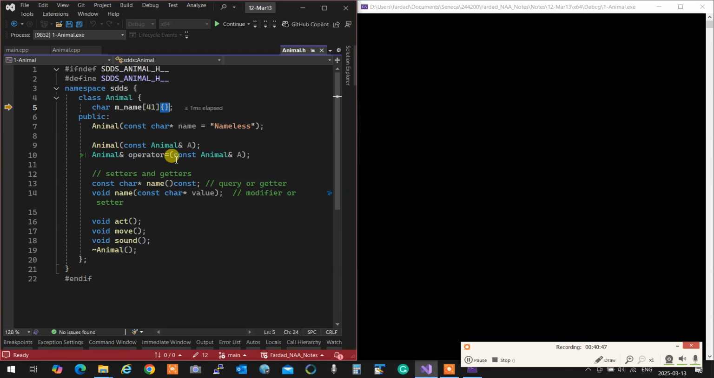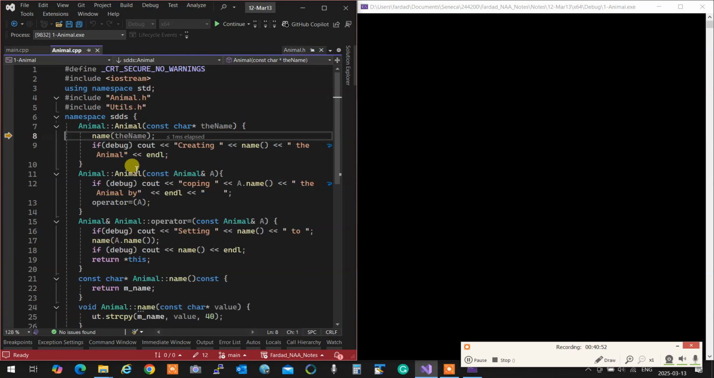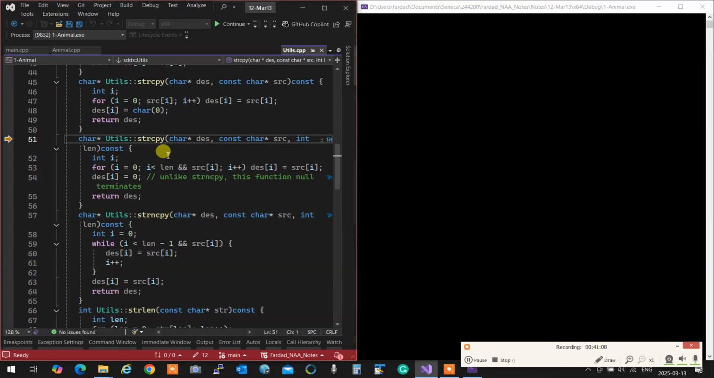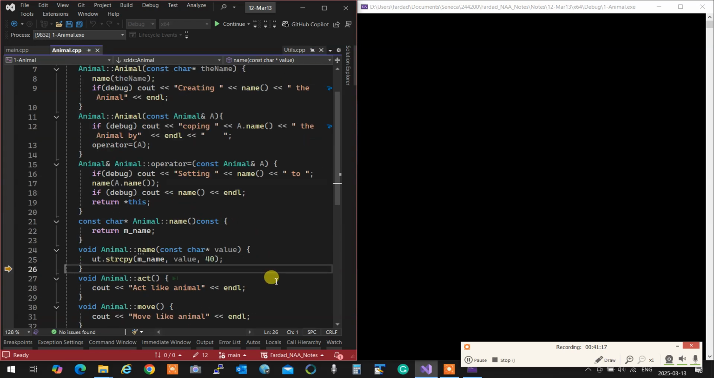Okay. So that's done. So that's going to run. And then after that, the set for name will be called. So it passes the name to the setter. It comes to the setter, receives the value, that is Fluffy, using strcpy of utils. I'm pressing still F11. Using strcpy of utils, it copies everything, and it says, unlike strncpy, this function null terminates. Null terminates, and when it comes out of this one, we will see that